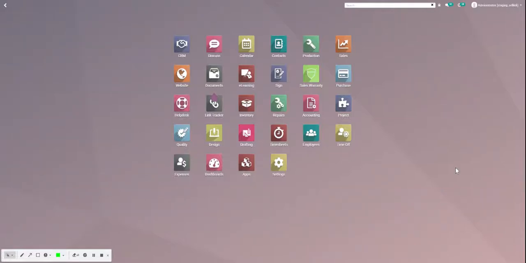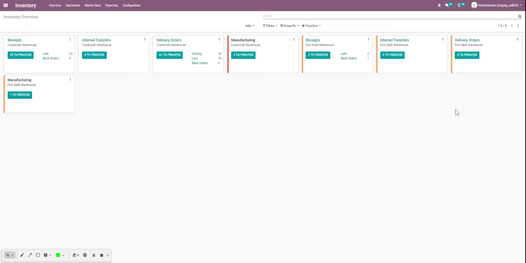So on the inventory side, basically whatever transaction they will handle, they will handle it under the inventory module itself. Once the user logs in, he can see on a dashboard both locations and individual transactions. Like receipts will be handled under this particular part. Internal transfers, if we are moving goods from one warehouse to another warehouse, that will be done under internal transfer